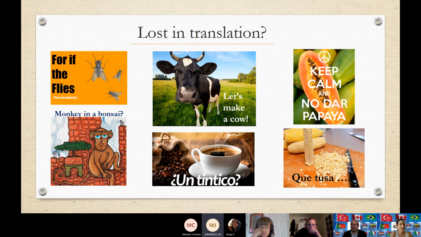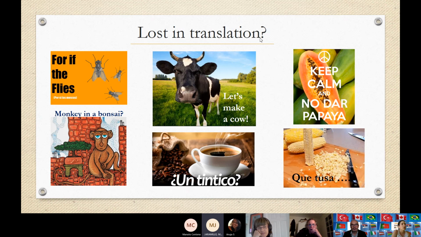Okay, and the last comment is the tusa. This means we're terribly depressed after being crushed by, I don't know, someone leaving us. So this is the expression of someone that is heartbroken. Yeah. So just for you guys to have an idea of, we do use those expressions every day. We use our language in a very exaggerated way, and finding the equivalent here in the US to express ideas is the first thing you struggle with, and really understanding the equivalence in English, right? So that's kind of the first shock.